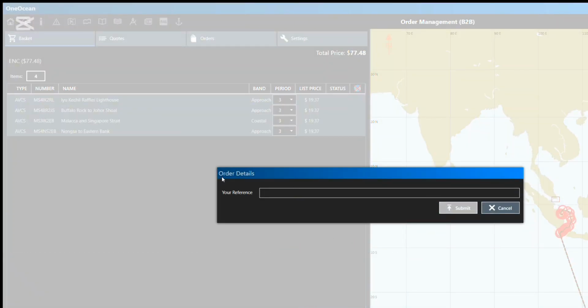You will be prompted to enter a reference number or reference term. Just type in whatever reference you prefer. In my case, I will just type CRPI non-paste ENC order followed by the date today. Okay, 13 May 2025. And then the final step,